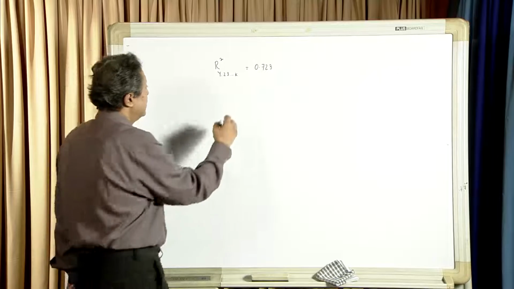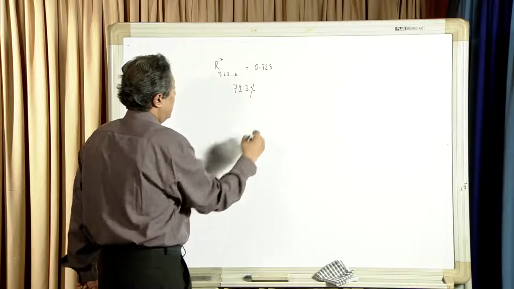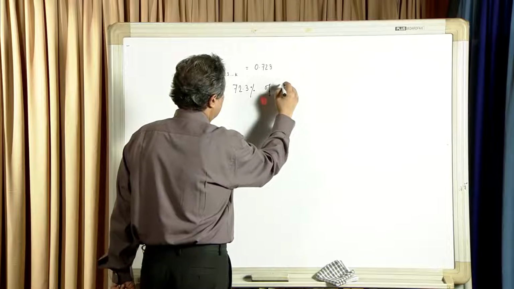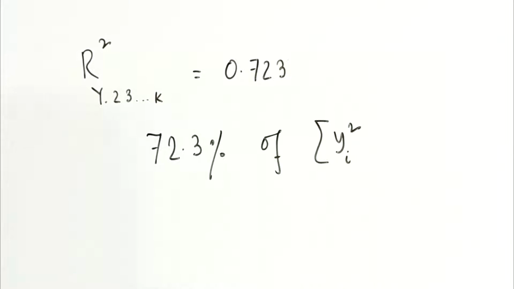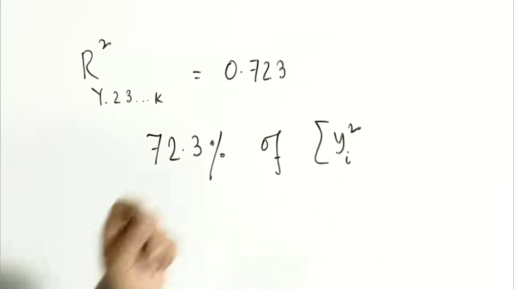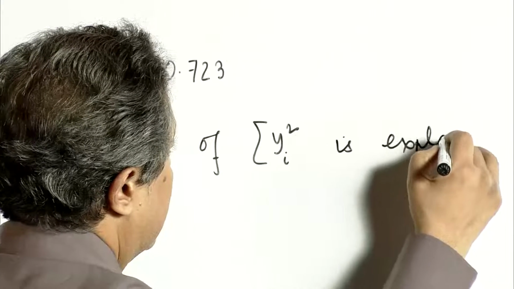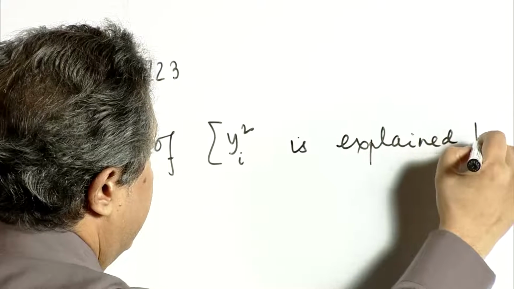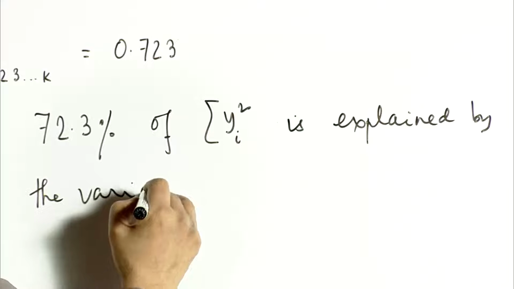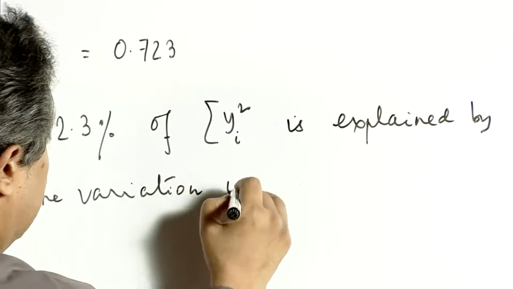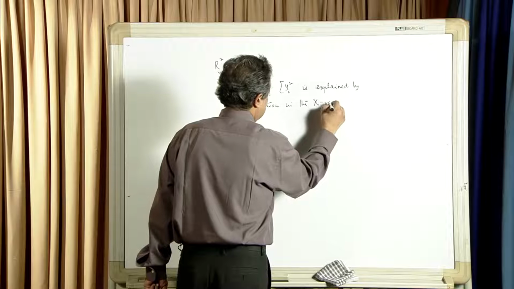This means that 72.3% of the total variation in capital Y, that is summation small y i square, is explained by the variation in the x variables,